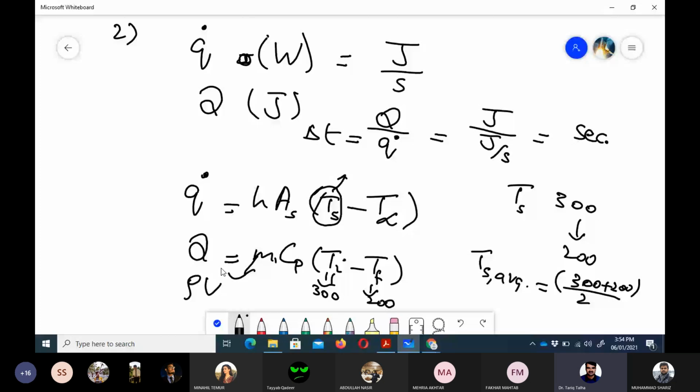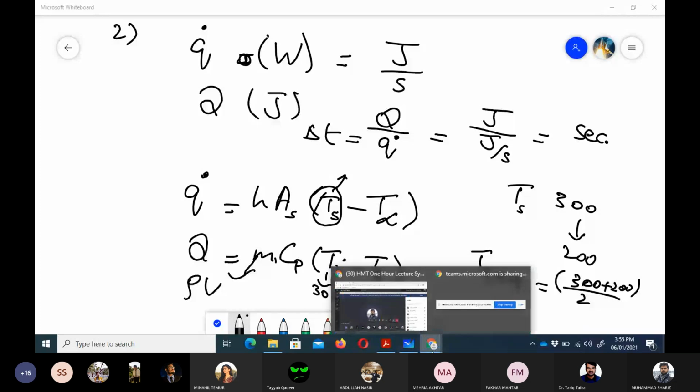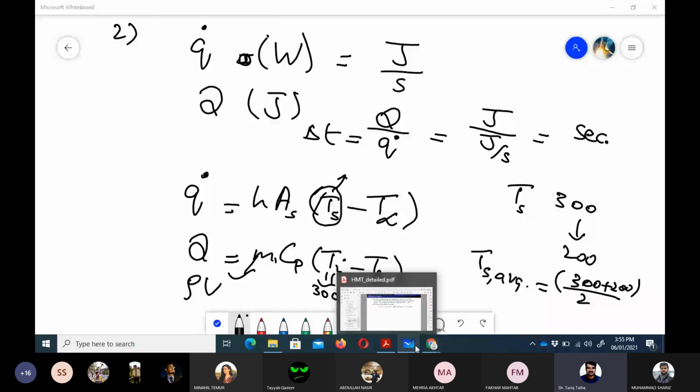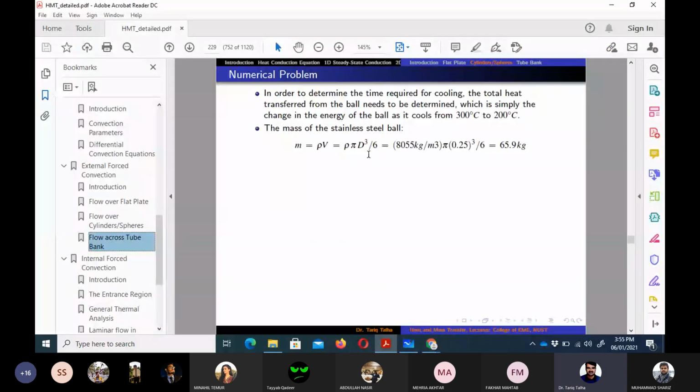4/3 pi r cube, or we can also write it in terms of diameter, okay? So if we do that, it would be pi d cube by 6, or it is 4/3 pi r cube. So this rho value is given, and then we have got pi and 0.235, and it should be kilogram per meter cube. So okay, and then the second thing is the rate of heat transfer,